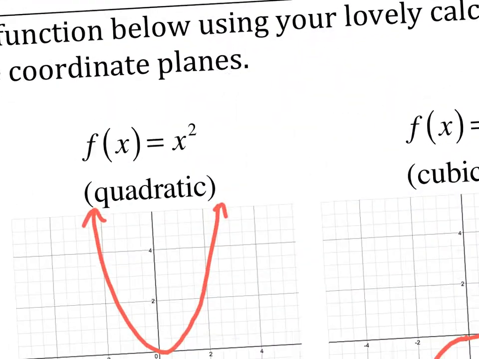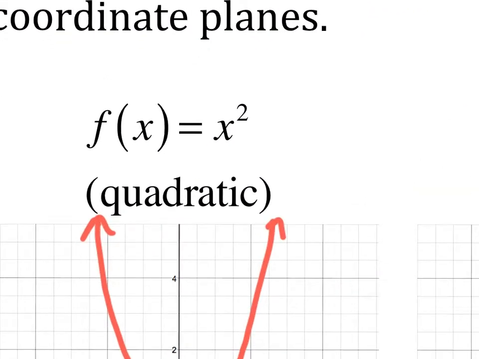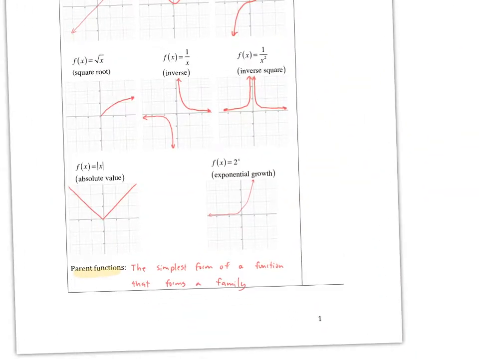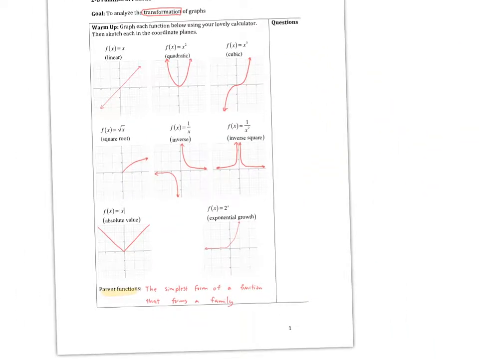So each one of these is the parent because it's the simplest form of this shape when you graph it. And the function itself is the simplest form. There's nothing multiplying it, there's nothing dividing it, there's nothing adding to it, there's nothing adding inside. All it is is just a number squared, and that's it. Each one of these is a very common parent function, and each one of these will create a family of lots of little